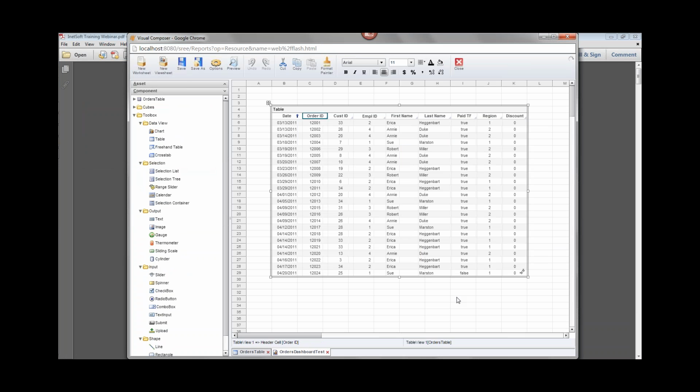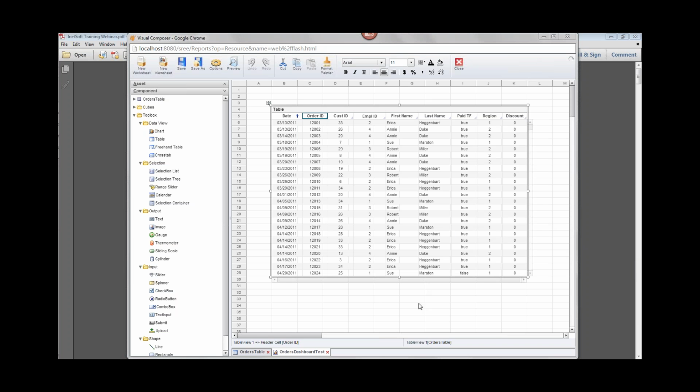And this dashboard has just a single table because, oh, there's a question. I saw a hand go up. Let me see if I can. This happens sometimes. I see a hand go up and then I can't find the question. Give me one moment. Okay, well, if somebody had a question, please ask again. I can't see it right now.